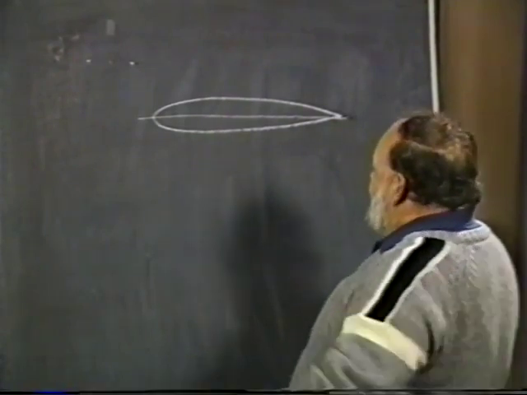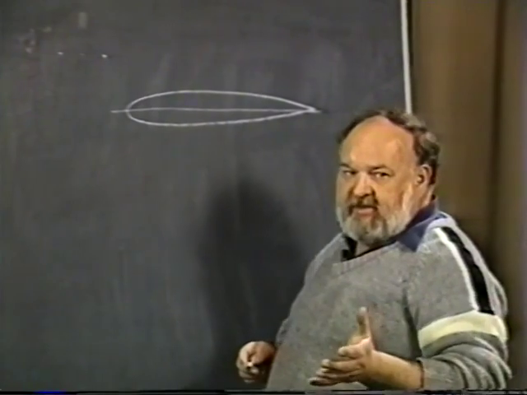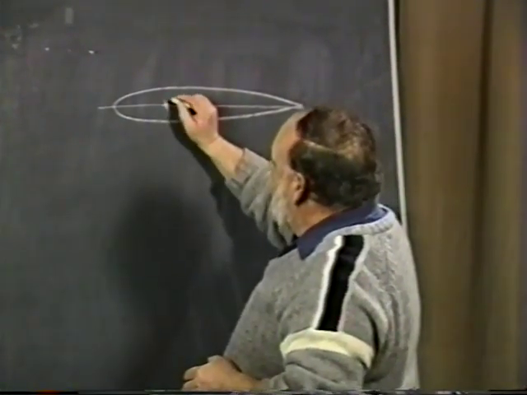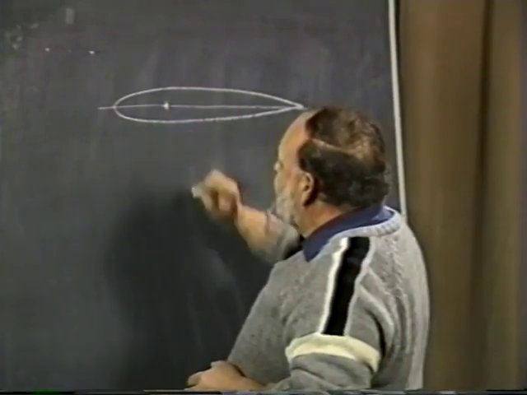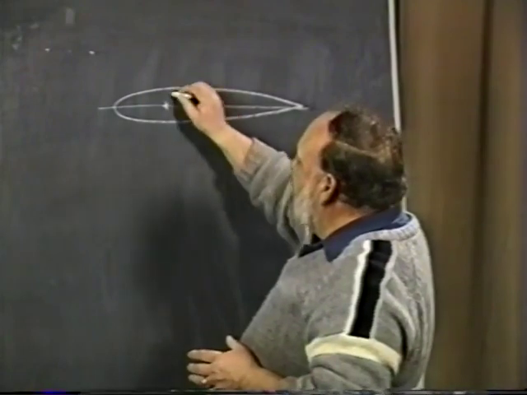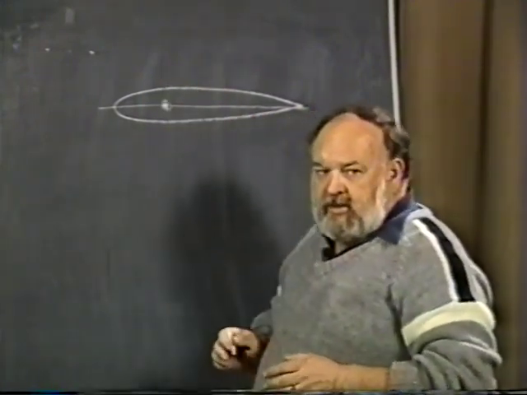Now, if it's a symmetrical section, whether it's a 4-digit, 5-digit, or 6 series airfoil, really won't make any difference. Your neutral and aerodynamic point will be right at quarter chord, and there is no pitching moment. So, when you build a tail and you put your pivoting point right on a quarter chord, here is the